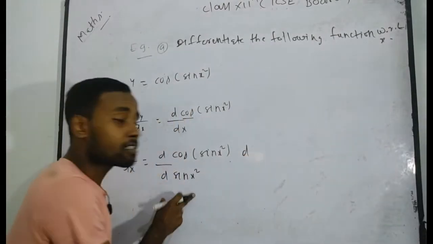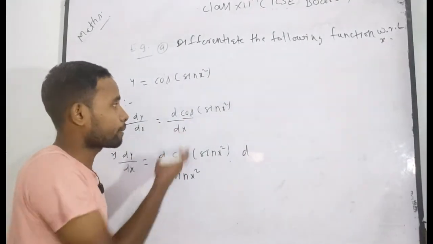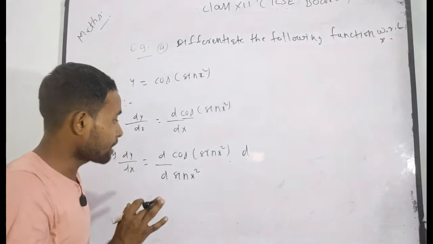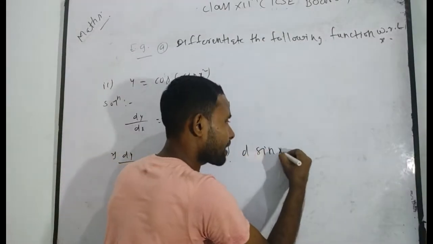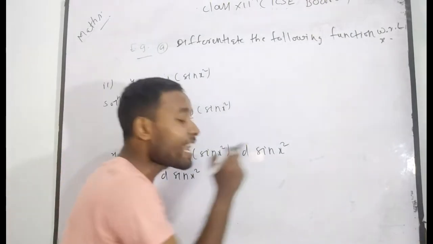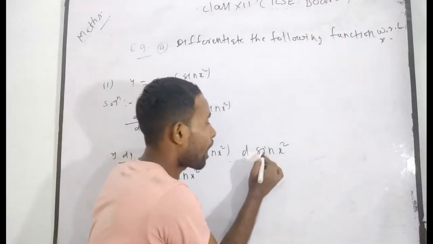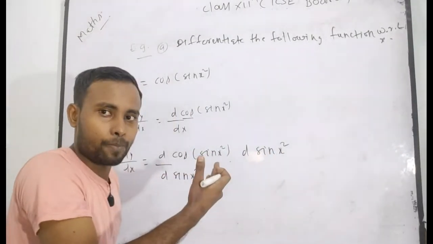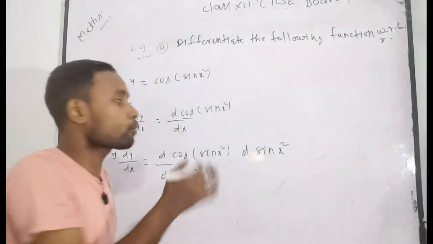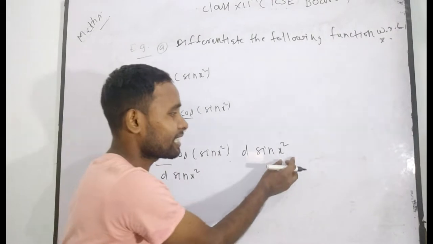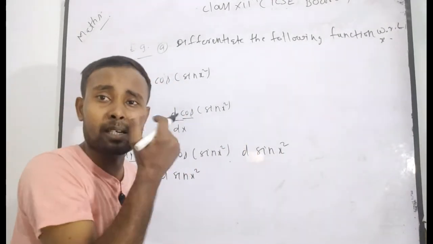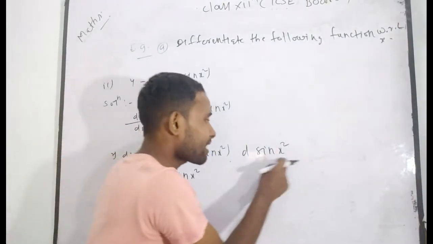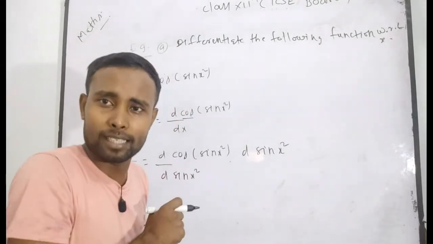Again, you know that sin x square has been taken here in the denominator portion of this function. For balancing it, you have to take it in the numerator so that it becomes a balanced form. Now, can you write here sin x square? Now, this is sin x square, and you know that this is the outer function, this is the inner function. Outer function sin, and suppose that this is also theta. In that case, x square will be theta. In that case, it becomes sin theta.